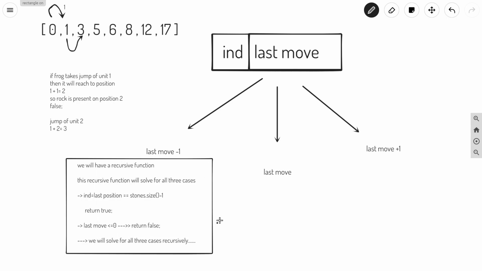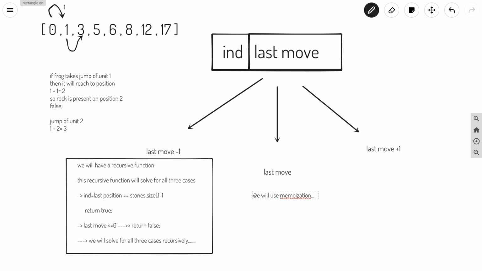You can see that we have three choices at each index. So if we traverse recursively, we will have a total of 3 to the power n cases. The time complexity will be very high, and in order to reduce it, we will use memoization here.